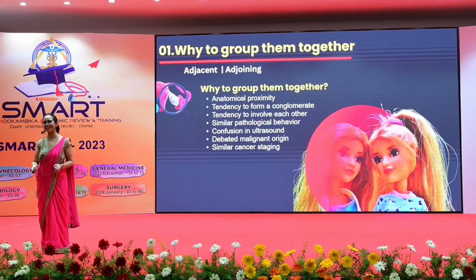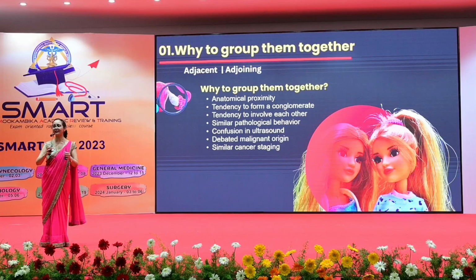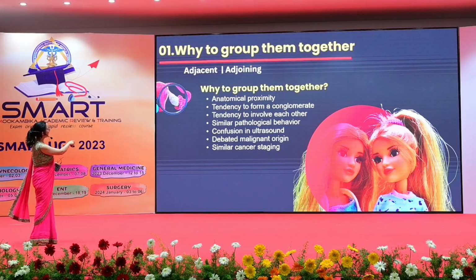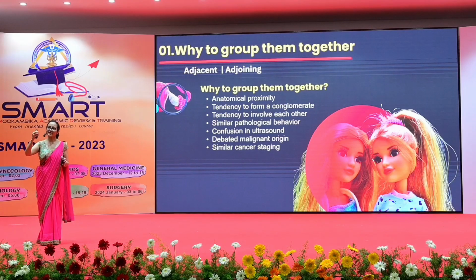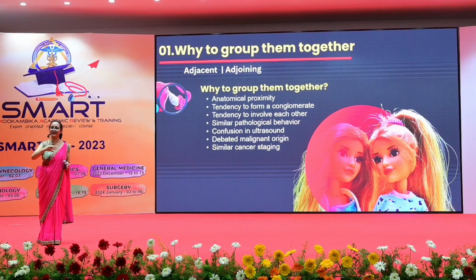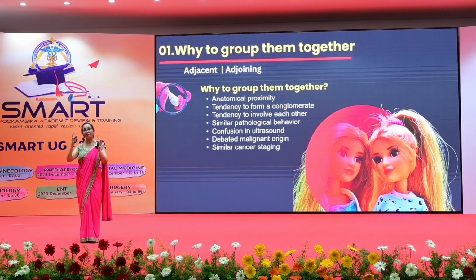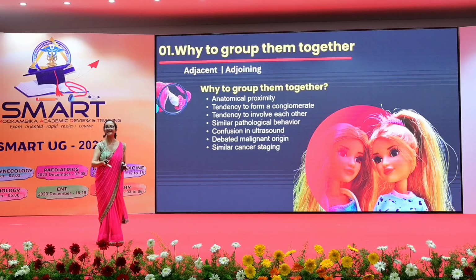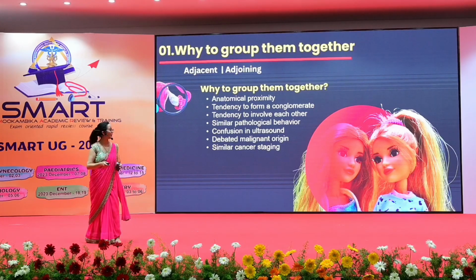If you do not utilize this, the ovary and tube are very close anatomically. They are actually hugging each other in the anatomical position. Because they are together, if there is infection in one organ, it tends to spread to the other organ also, and they tend to form a conglomerate, one mass, which we call an adnexal mass. If you look at it, you will not be able to say where is the tube and where is the ovary. They stick to each other and make a mass.